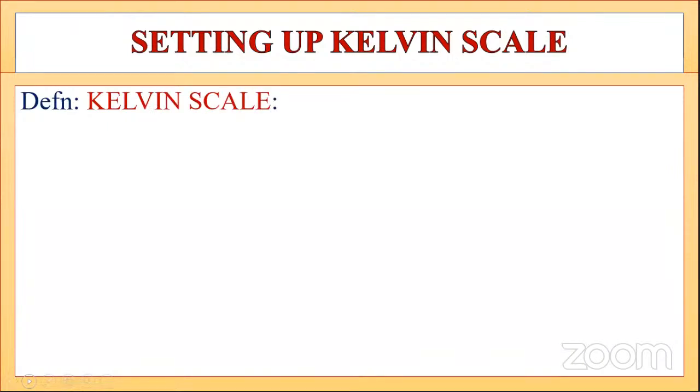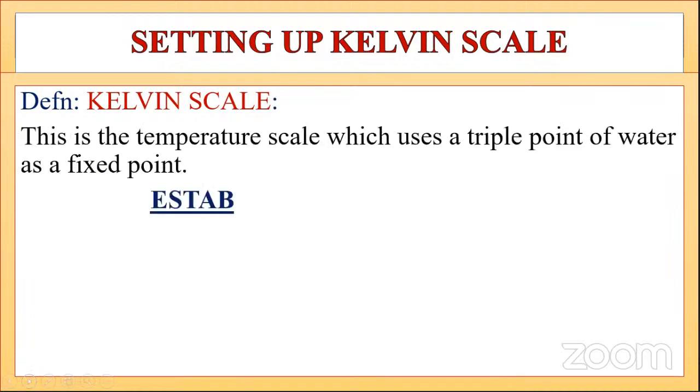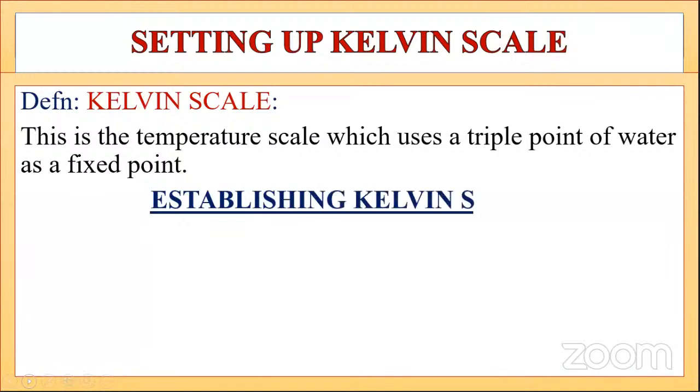Before we set up the Kelvin scale, we can define what a Kelvin scale is. We are saying a Kelvin scale is the temperature scale which uses the triple point of water as a fixed point. You remember we defined Celsius scale. We said a Celsius scale,